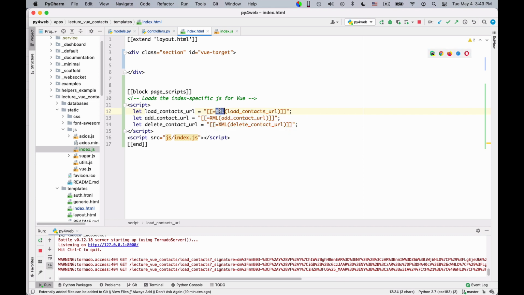This way of using the XML constructor is a templating language construct, used to essentially put this content verbatim without any change between this open and this end quote. So this essentially has the effect of taking the Python variable that is defined in the index controller and putting it in this HTML page that is then delivered to the browser.